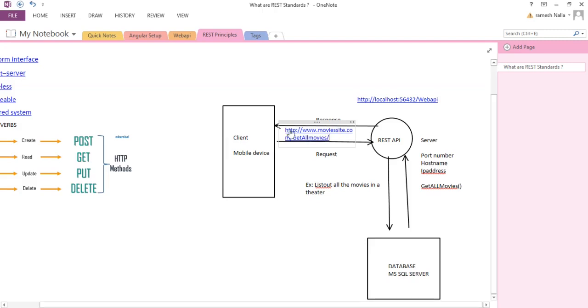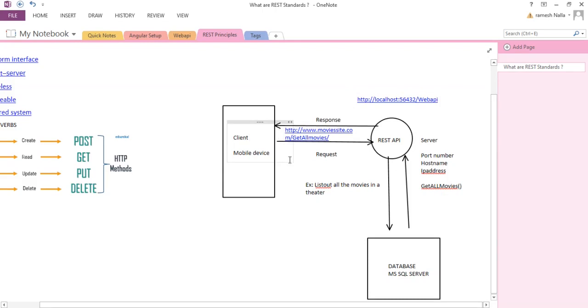So if you are sending a request like this, this is called routing. This is called a route, right? Based on that route, it will hit the service. Based on the route information, it will process the request, and it will fetch all the movie details. It will connect to the database, and the database will execute the query and give the result to the service, and the service will send the response to the client, so that in the client you are going to get all the movies information. Okay, so this is the process of client server architecture.